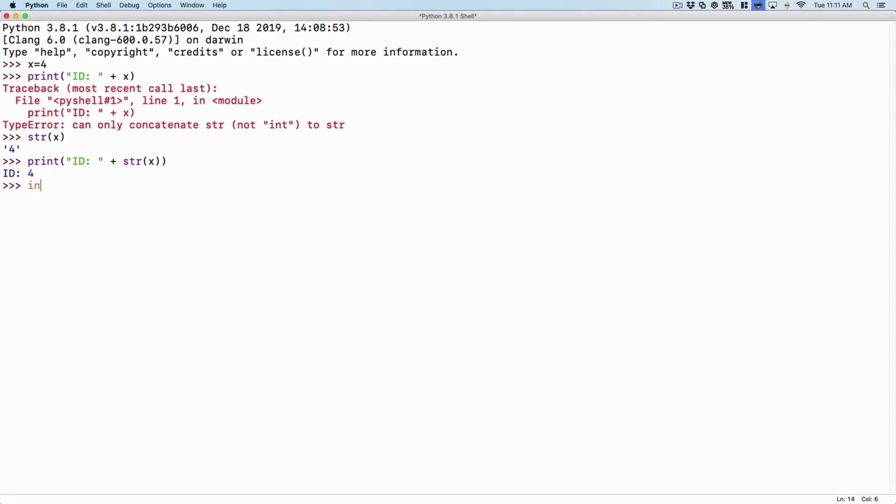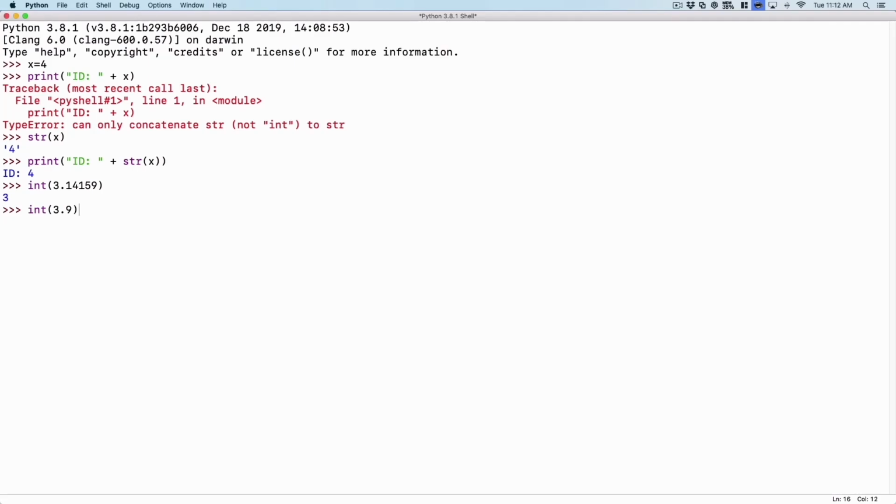We could also get the integer value of a floating point data type. We could say, for example, int for integer, open parentheses, 3.14159, close parentheses and press enter, and it's going to come back and say the integer value of pi that I put in there is 3. Now, here's what might not be obvious. When we do something like this, it's obvious that the nearest integer to 3.14159 is 3, but what if I said integer of